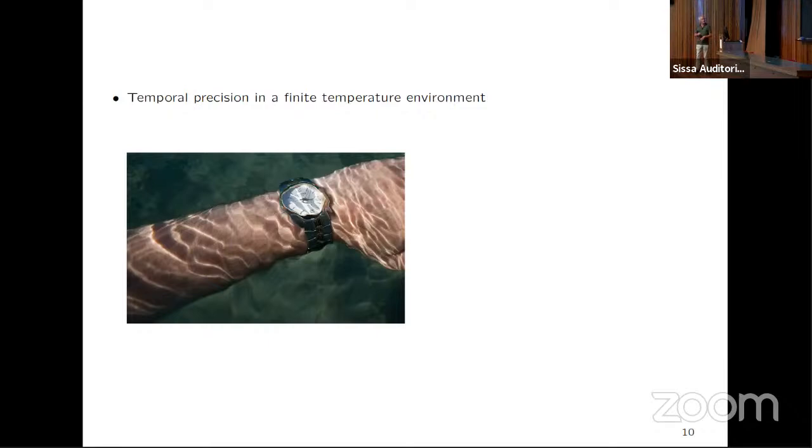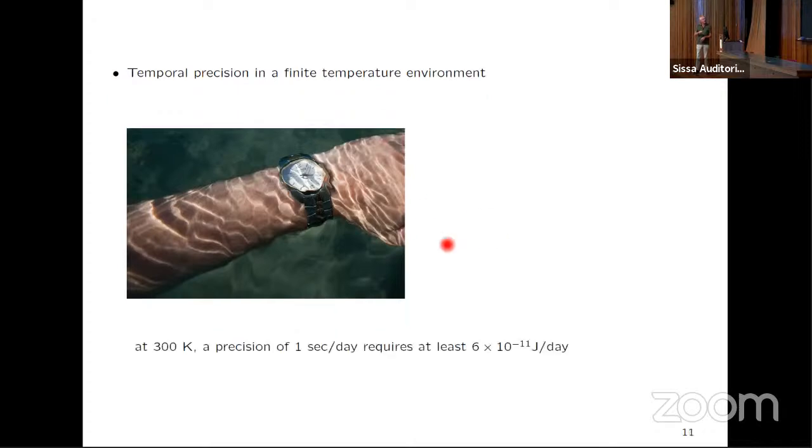Suppose you have a clock or a watch, and you have this watch in a finite time, finite temperature environment. So clearly there will be fluctuation. Clearly such a watch, such a clock will not be infinitely precise. And then the question is: is there a relation between the energy required to drive the watch, i.e. the battery, and the precision, i.e. is a more precise clock more costly in its operation? Not in its initial manufacturing, but in its permanent operation. And I'll give you the answer. Yes, there is such a relation.